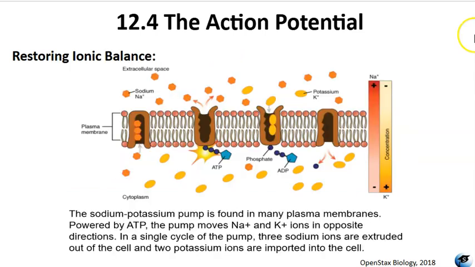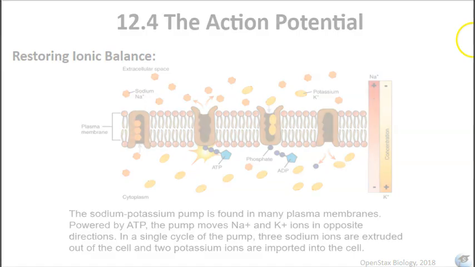ionic balance. The sodium-potassium ion pump actively transports 3 sodium ions out of the cell and 2 potassium ions into the cell, and this helps to reestablish the original ion concentration and return the membrane potential to approximately negative 70 millivolts. Here's a clip that helps tie together the concepts of the ion-gated channels, action potentials, polarization, depolarization, repolarization, and